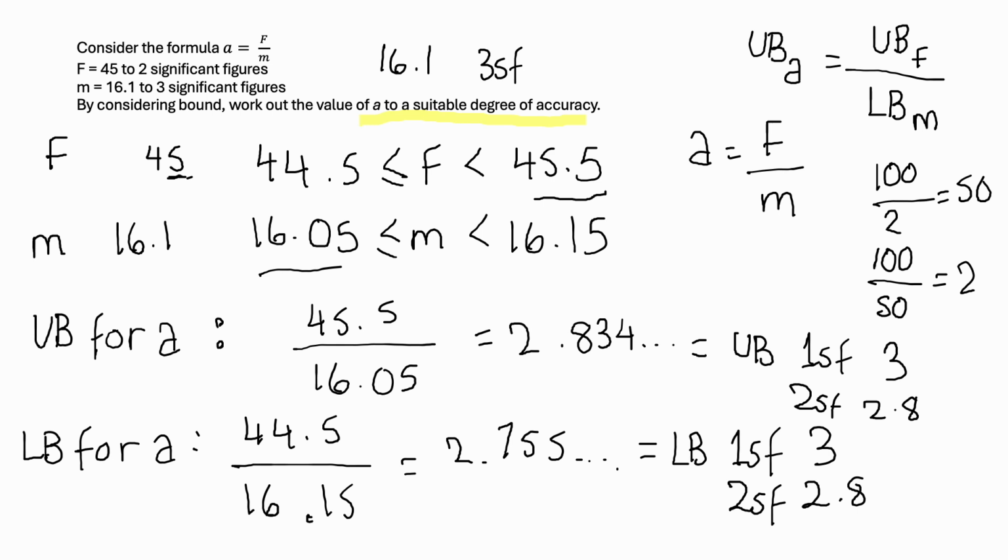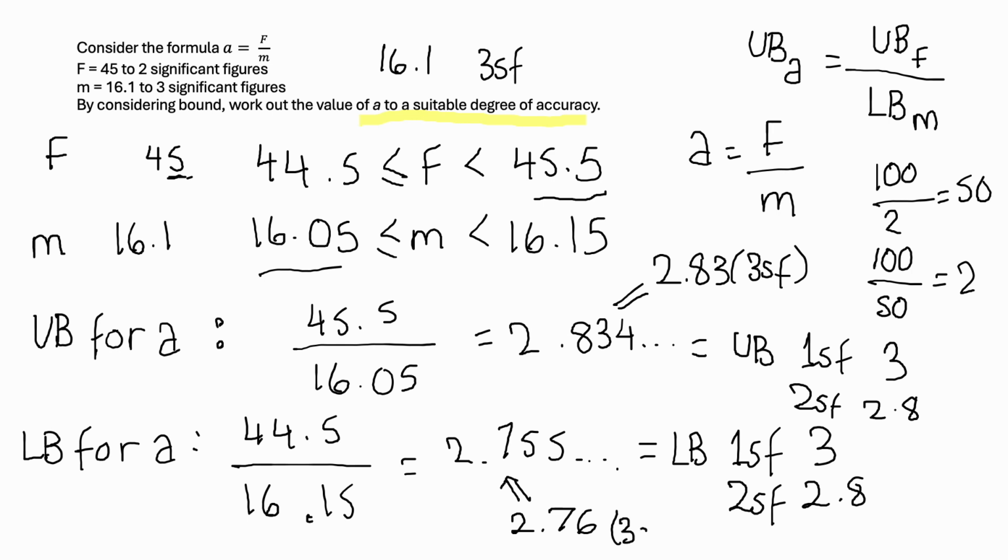So if we round the upper bound for A to 3 significant figures, we get an answer of 2.83. Whereas if we round our lower bound to 3 significant figures, we get an answer of 2.76. Do those two match? Do the upper bound and lower bound match? Are they the same? No, because our upper bound to 3 significant figures is 2.83, whereas our lower bound for A to 3 significant figures is very different, which is